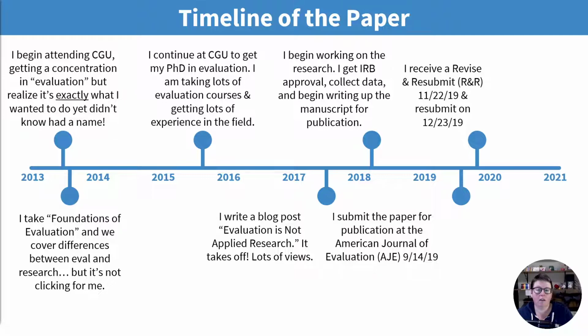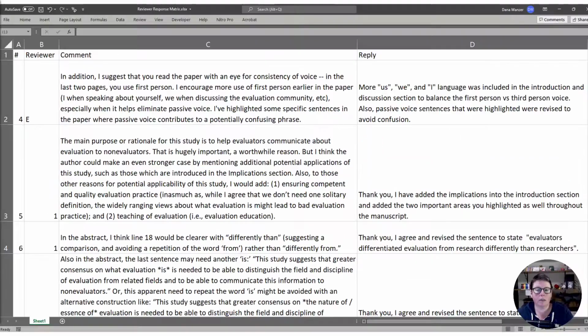So I receive all of the decisions from the editors and the reviewers, and I take all of those comments and I put them into a reviewer matrix. I learned how to do this from one of my advisors, Tariq Azam. I've seen this from a lot of others, and as somebody who's now an associate editor at the American Journal of Evaluation, this is really helpful. Or as somebody who is a reviewer sometimes, this is really helpful to see: were my comments addressed adequately in the paper? As an editor or reviewer, I can look at each comment and their reply, and then check in the manuscript: did they do it? And this is really great.